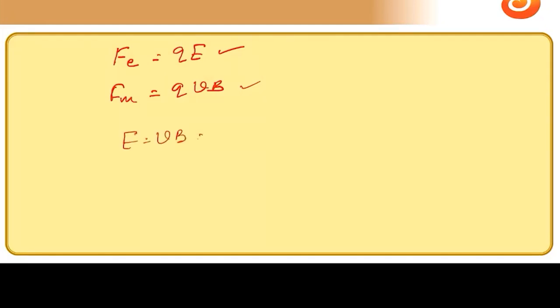Now if you look at this problem, the charged particle experiences 2 forces. Electric force is QE and the magnetic force is QVB. So now the question is, if these two are equal to each other, will the particle move along a straight line? That is the basic question. Let us cross check if E is equal to VB. Let us see. What is the value of E? Minus 102.4 into 10 to the power of 3. I am just going to take its value. This is equal to V.